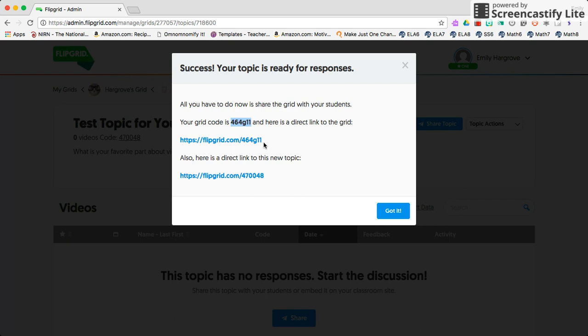So let me clarify, because I think I just made that very confusing. The grid code is this. So this is the code to the grid, my one grid where all my topics are. And then this right here is the link to get there. So that can be in Google Classroom, or they can just put this code in to get to my grid